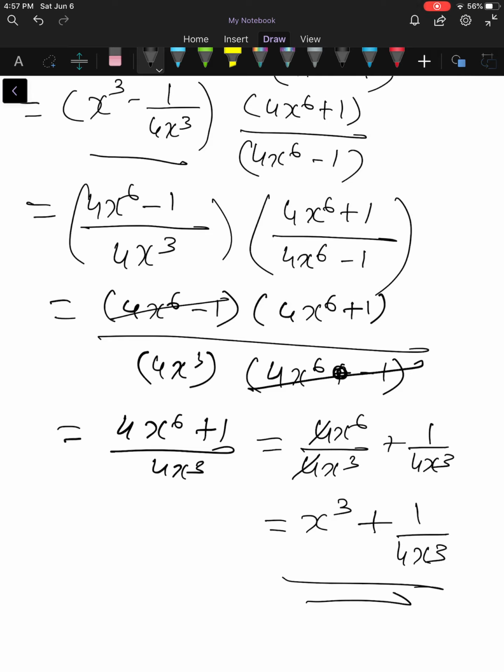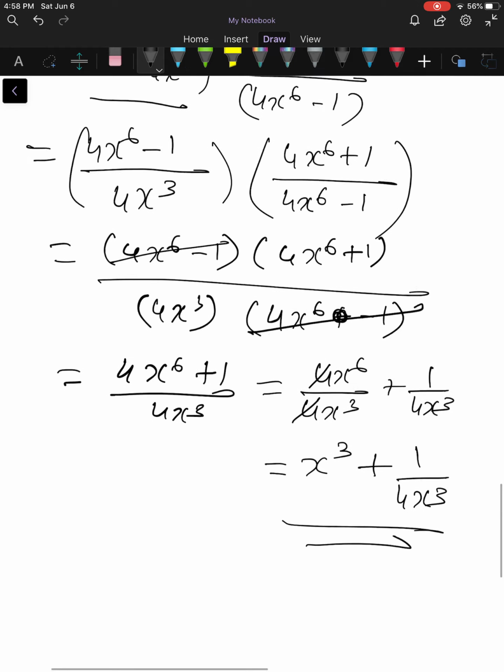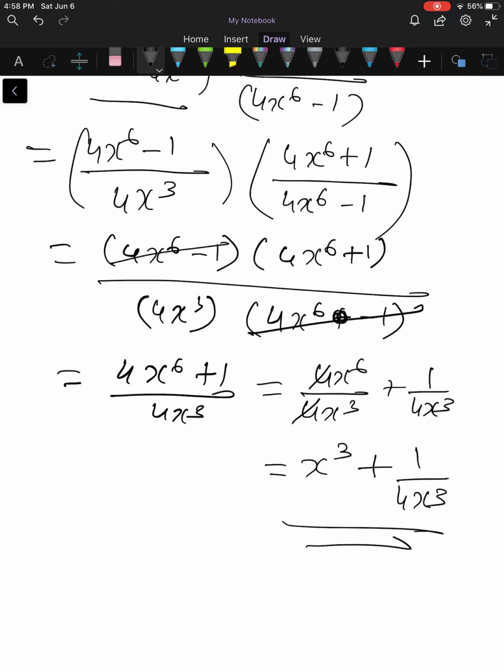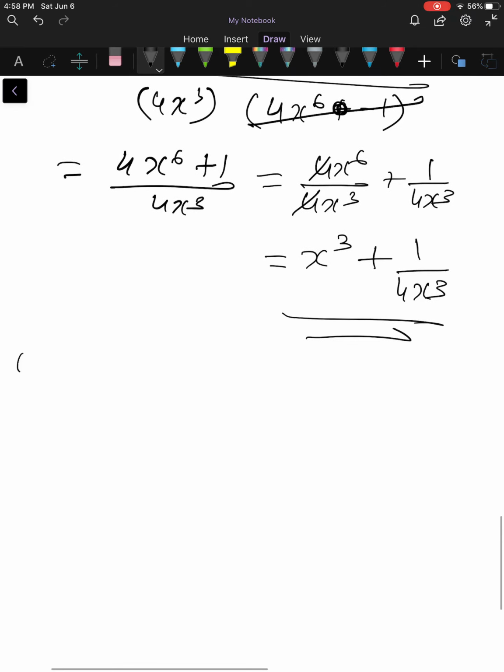This is actually the answer given at the end of your book. I wanted this answer, so I worked it out in this method. If you have a simpler method that you can do and get this answer, it's well and good. But the thing is, the final expression should be such that you cannot simplify it further. So you should simplify it to the maximum possible level.